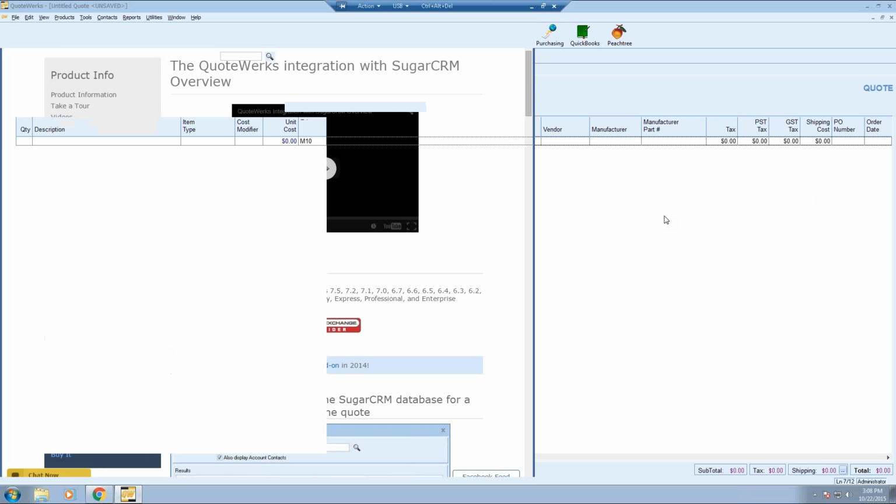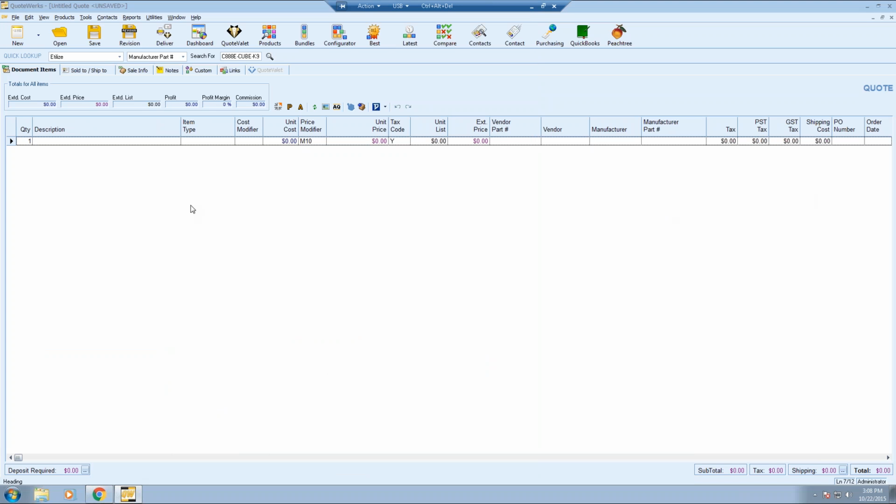All right, so not too much there, not too much PowerPoint for you. So now we're going to go through the actual demonstration of the integration between QuoteWerks and Sugar. So I'm going to start here in